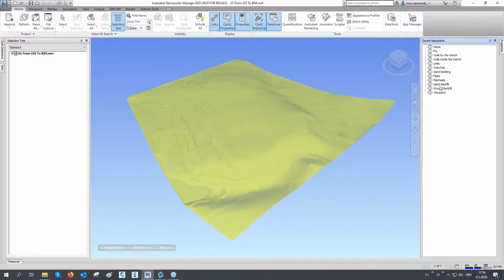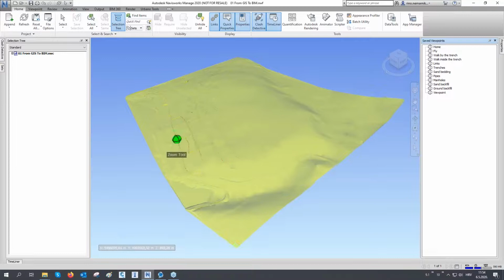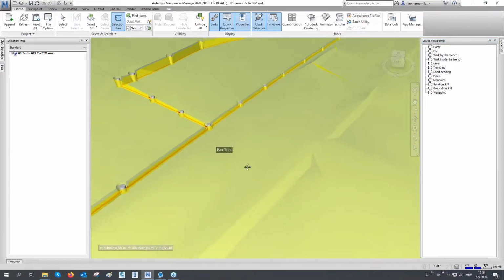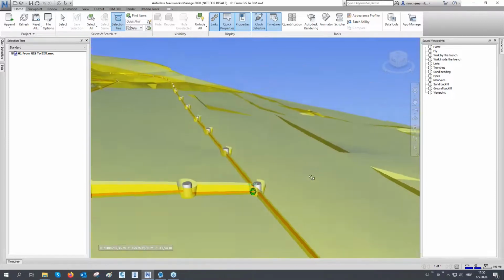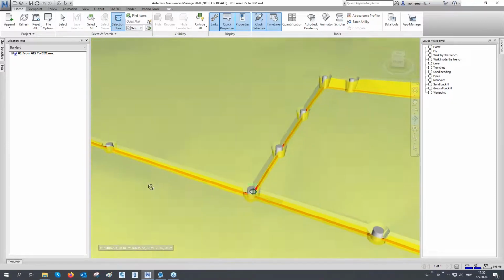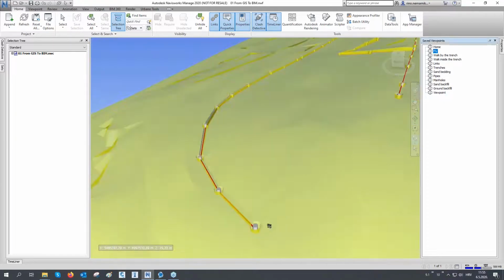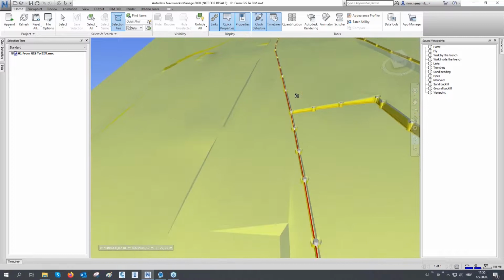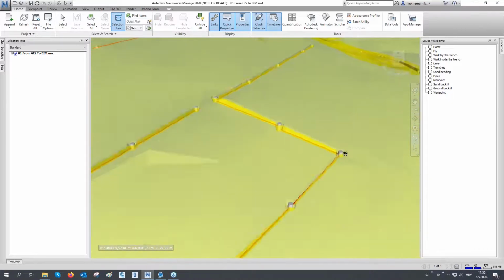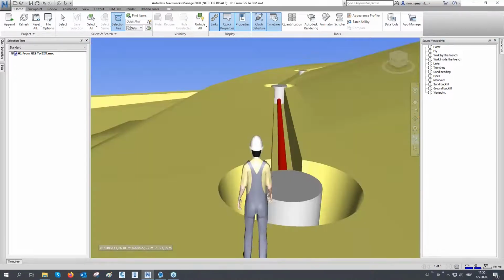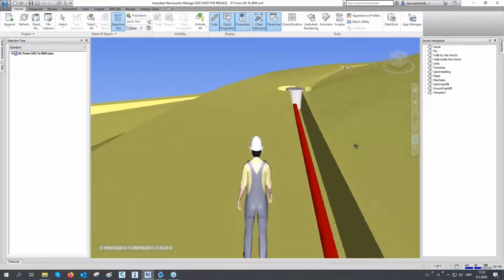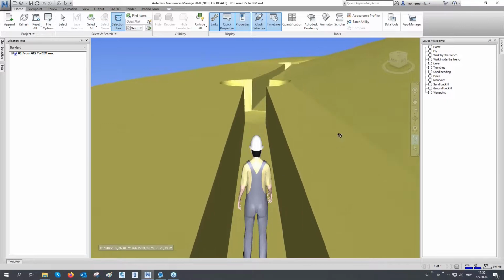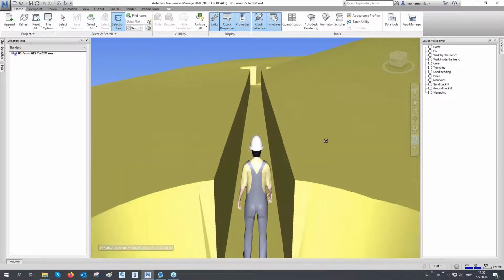Here I previously created some saved viewpoints so we can check this network a bit more quickly and easily. In Navisworks, it is extremely easy to navigate, so you can do all kinds of very nice visualizations. You can literally fly over your model. We can check these pipes and the whole network, including trenches, from the air. We can walk by the trench and check all the pipes and manholes. We can even go inside the trench and check if these trenches have been created properly, if the excavations have